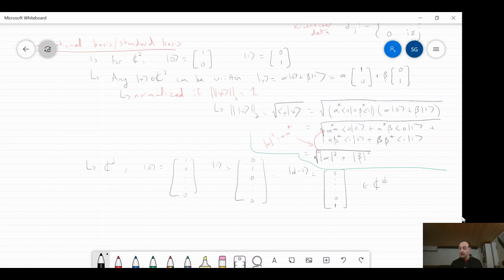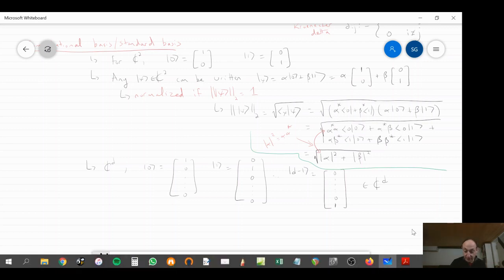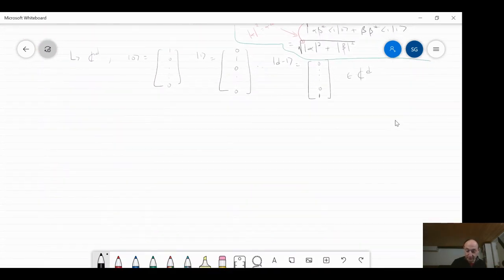So that is the notion of vectors and of orthonormal bases. Now that I've told you about vectors and how to think about them in terms of lengths and representations, vectors are not so interesting unless you can do things to them. You want to apply some sort of maps, and that's the next thing we'll talk about, which are linear maps.